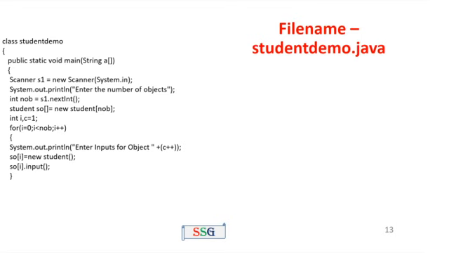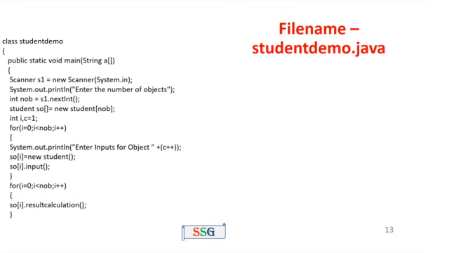The next one, SO[i] equal to new Student. That means memory is allocated for SO[0]. In the first iteration, i value equal to 0, SO[0] equal to new Student. Memory is allocated for the student object at the 0th location. Next one, SO[i].input(). That means now the control transfers to the input function, gets all the input and assigns it to SO[0]. The next, i plus plus. For example, nob equal to 3, i plus plus means i value 1. The same process is executed for the second object. Then the third time the same process is executed for the third object also.